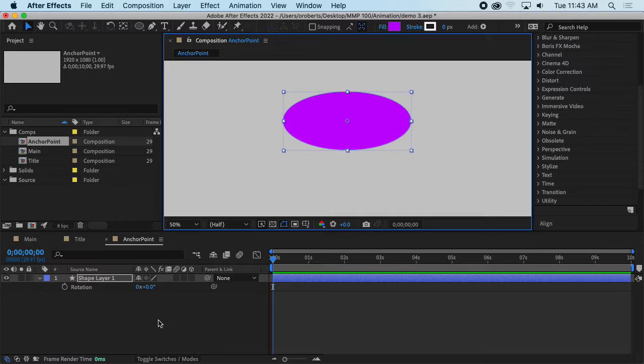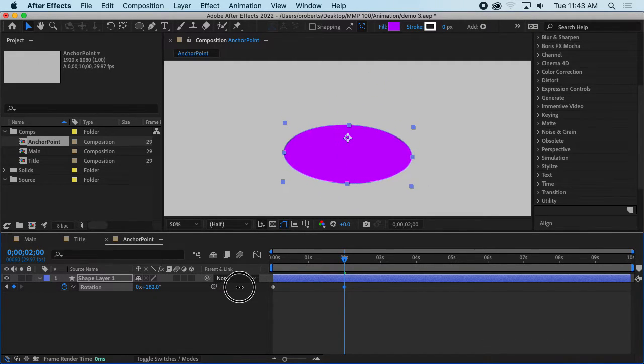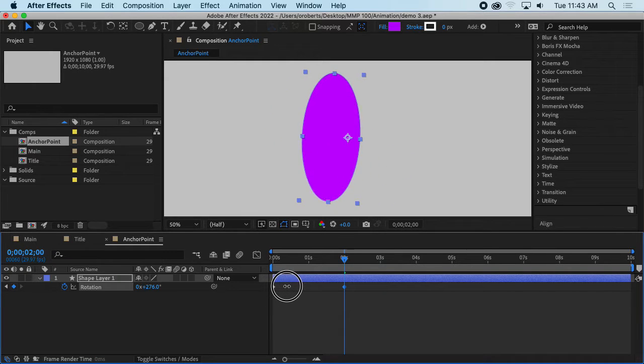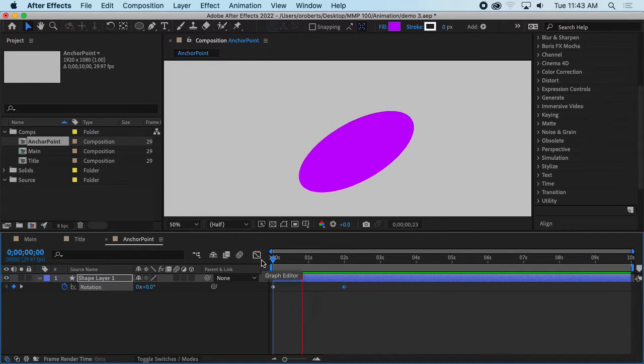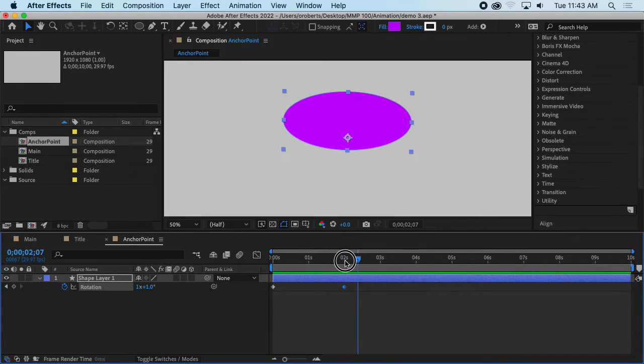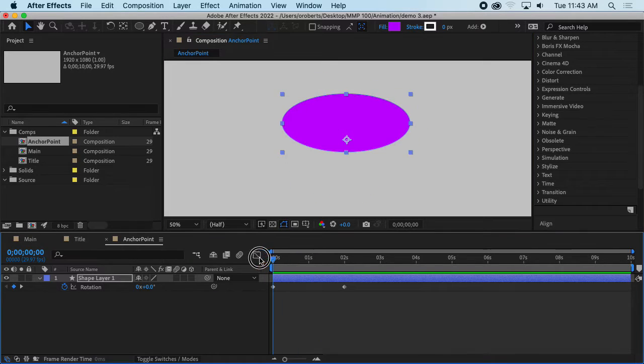So if I hit R, and let's keyframe 0, and then go to 2 seconds, and then I'll just rotate around a bunch. Okay, there. So I'll just do one rotation. So notice that the ellipse is rotating around where this anchor point is. Okay, so if I move that anchor point,